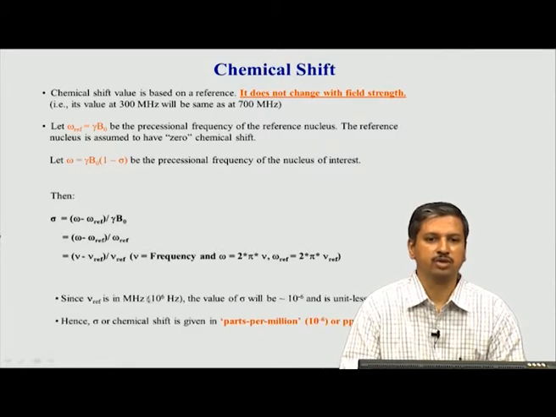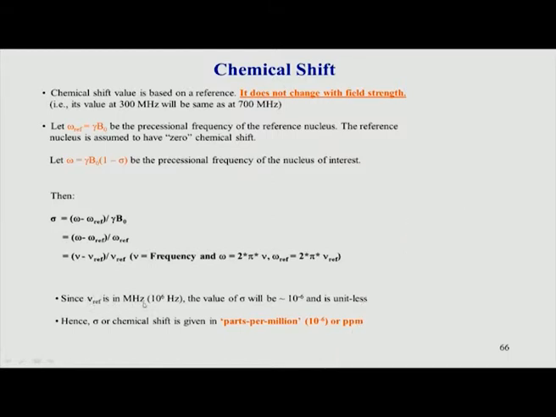Now you see the reference frequency we are using is in megahertz. Why is it in megahertz? Because this comes from here; according to our very first class, the magnetic field is measured in Tesla, and for a given Tesla, 9 Tesla or 10 Tesla or 15 Tesla, any number you take for the magnetic field and multiply with this gamma, the frequency will come out in megahertz. So, that is why we talk about 600 megahertz, 300 megahertz and so on.